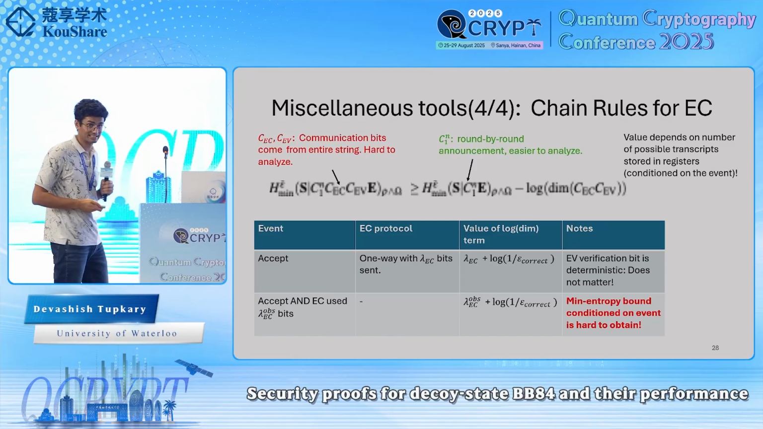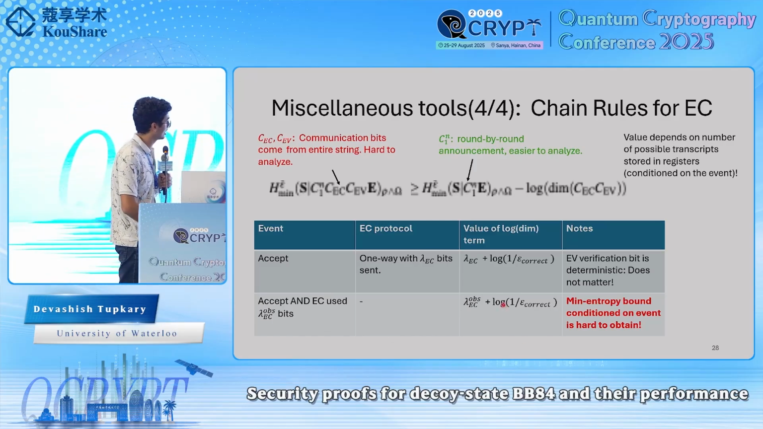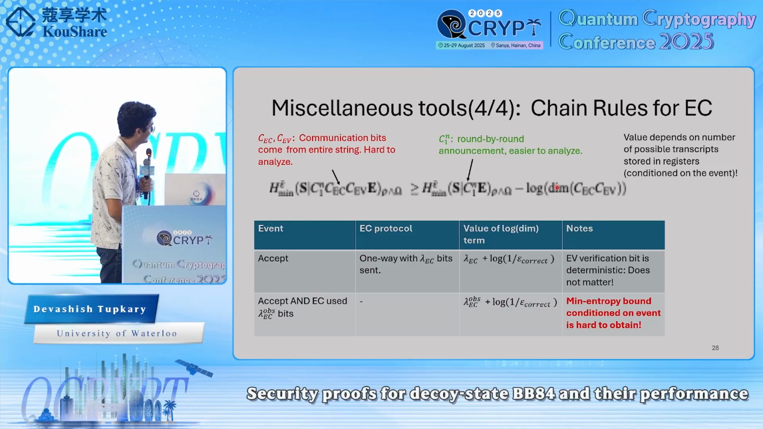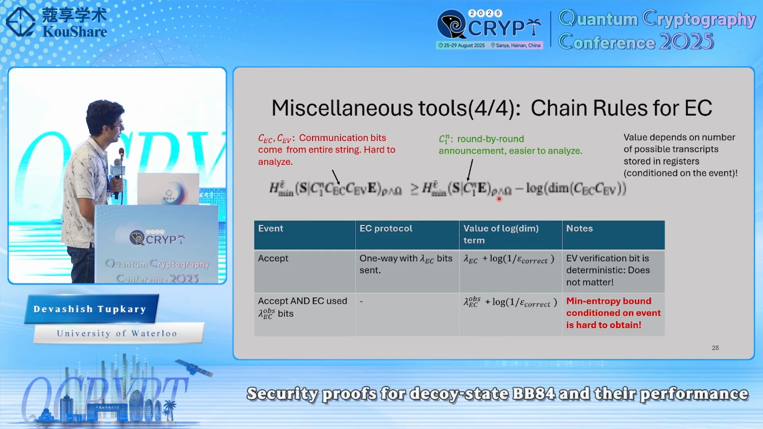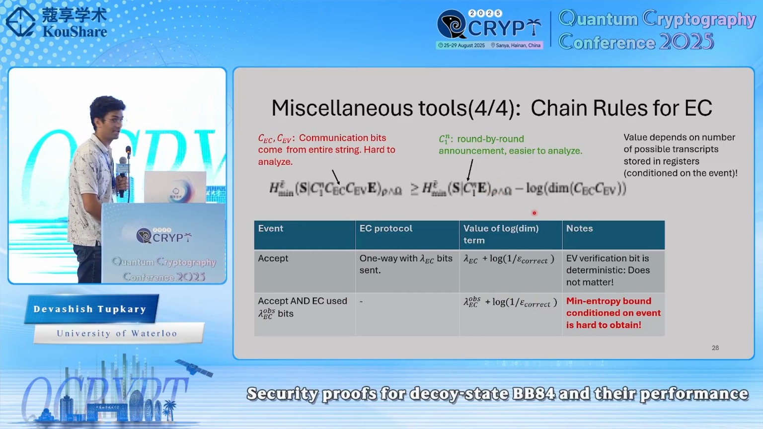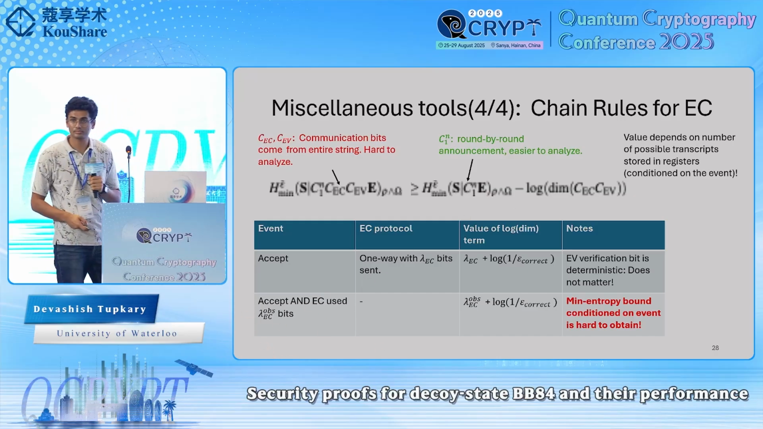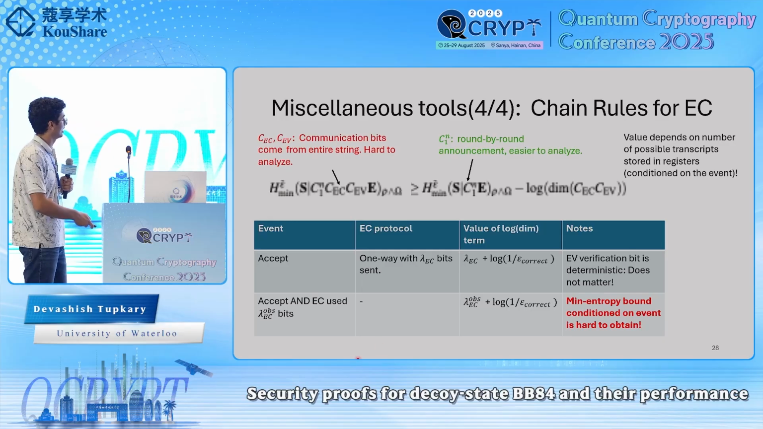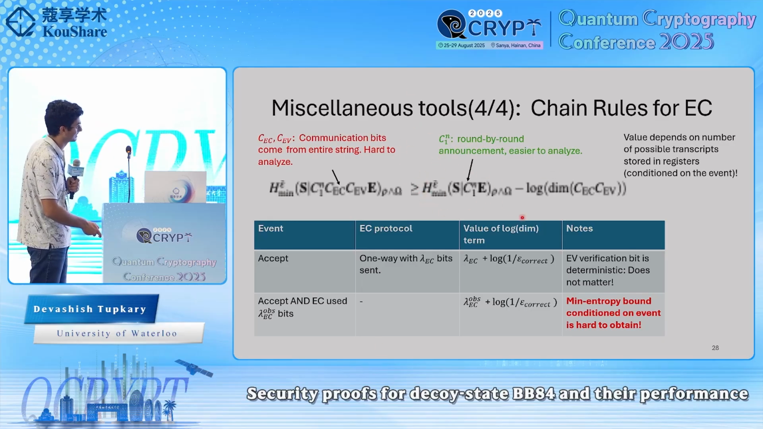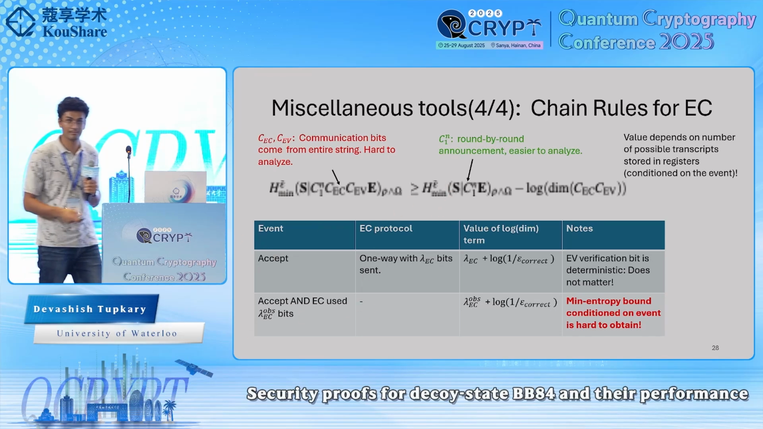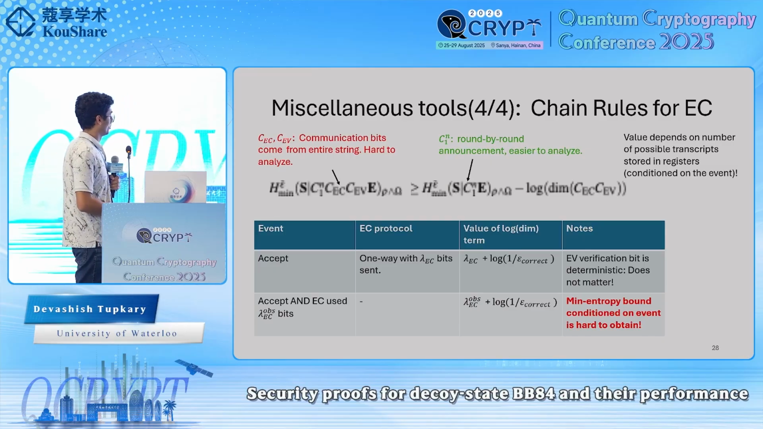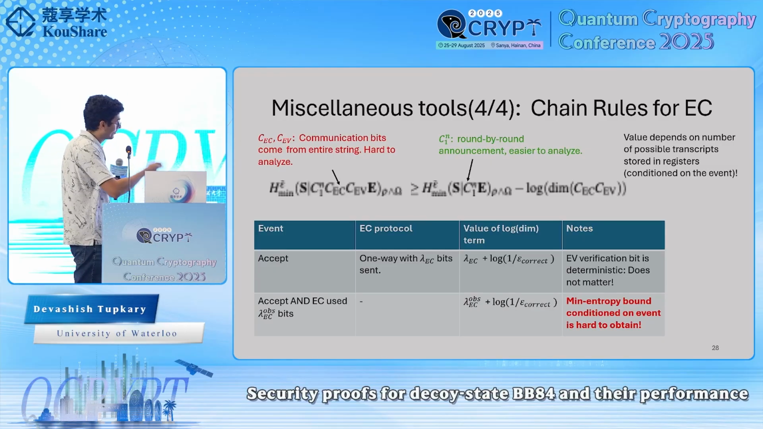And this chain rule also exists, so there's no problem. The problem is simply that now you want to analyze this term conditioned on the event that your error correction protocol ended up using exactly this many bits. We don't know how to bound this term when we put this event in there, but we do know how to bound it when we put simply the accept event in there, right? And so what all of this tells us is that